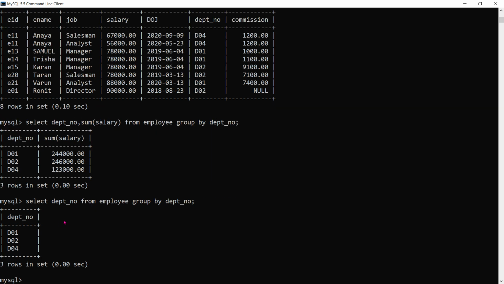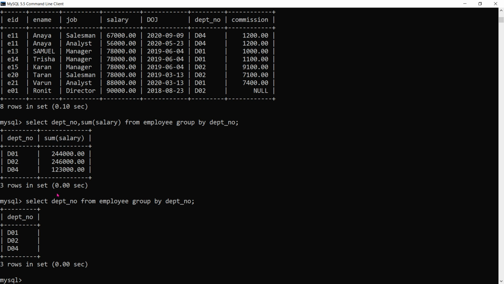Here also it is group by department number, and that is why department number is being taken, because department number is grouped. So whenever we write a group by command, whichever columns are after select must be group in nature, either a group function or a grouped column.